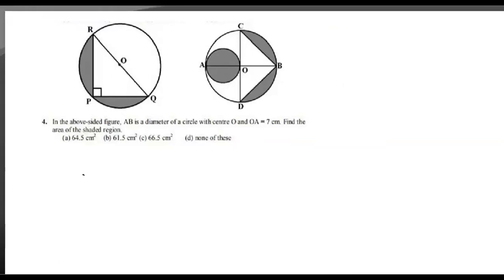So how can you find the area of the shaded region? You can simply calculate the area of this circle, plus the area of this semicircle, minus the area of this triangle. So how can you find out the area of the shaded region? You can write here, the area of the shaded region would be equivalent to the area of a smaller circle